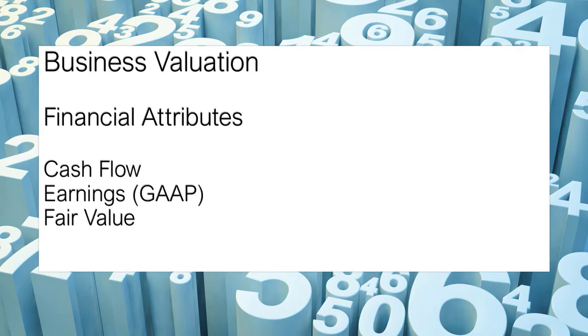There's different ways we can approach this. One way is that we can look at pure cash flows. When do we expect the cash to actually get into our bank account, or when do we expect to use the cash up? The other way is to look at this through the accrual basis. We talked about that in previous lectures where we considered the cash basis versus the accrual basis. Well, if we use earnings based on GAAP, that takes into consideration accrual basis accounting. And then finally, fair value. What about looking at the business at a fair value, meaning what the business is worth at the current time?